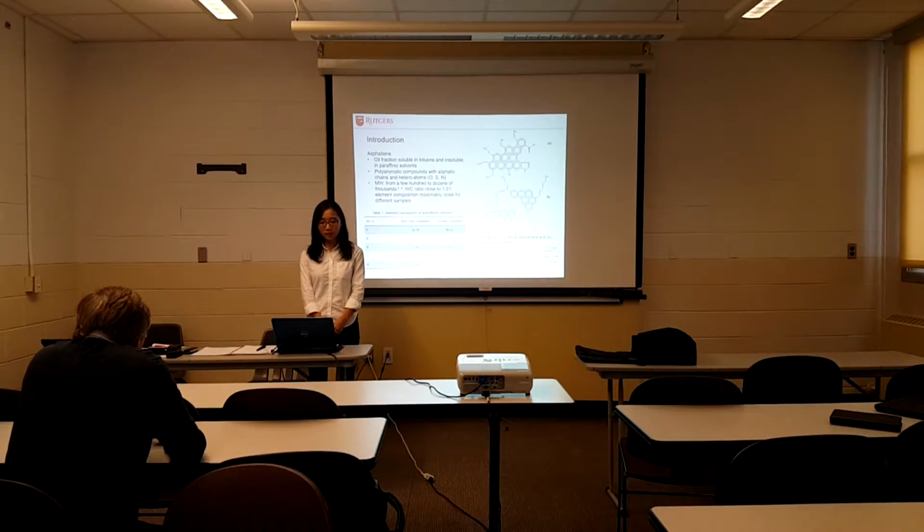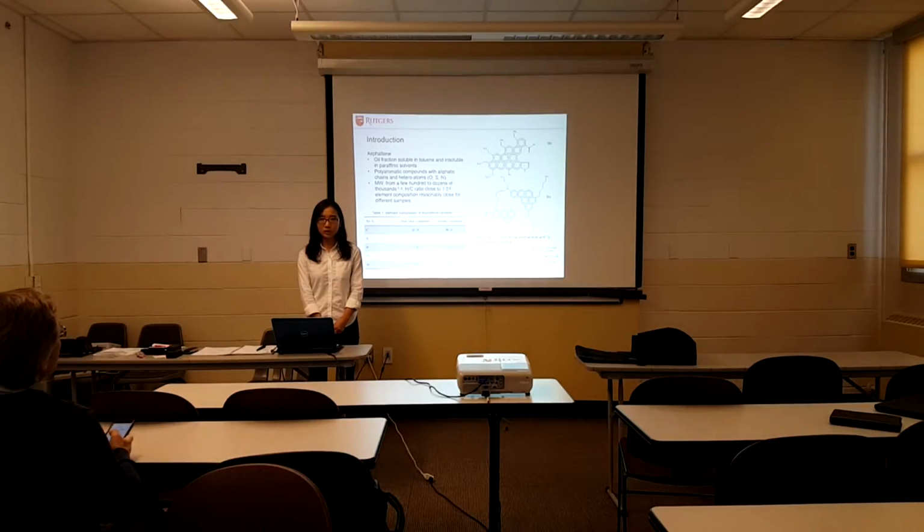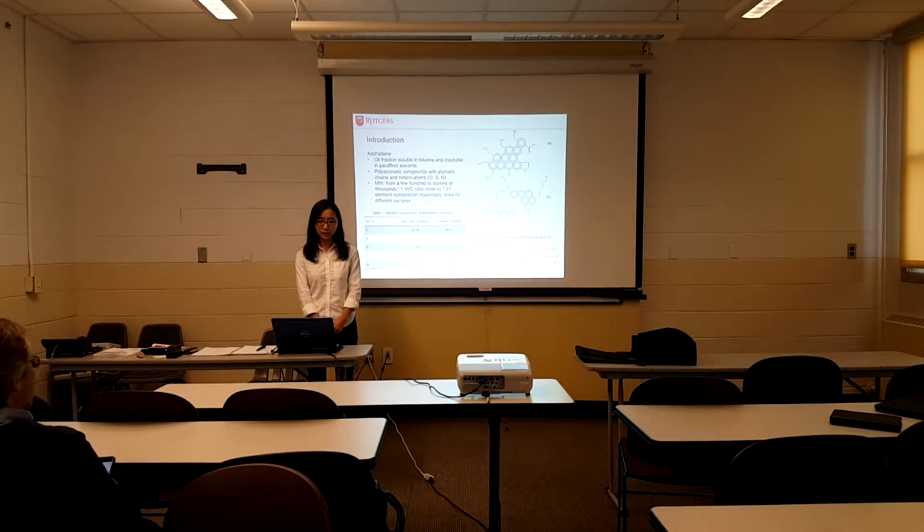So asphaltene is one kind of oil fraction, and the most common definition of asphaltene is that it is soluble in toluene but insoluble in paraffinic solvents. And the structure of asphaltene contains polyaromatic compounds, aliphatic side chains, and heterofunctional groups. So simply judging from the structure, asphaltenes can be divided into two kinds. One is called continental asphaltene that contains only one polyaromatic compound, and another is called archipelago asphaltene that contains more